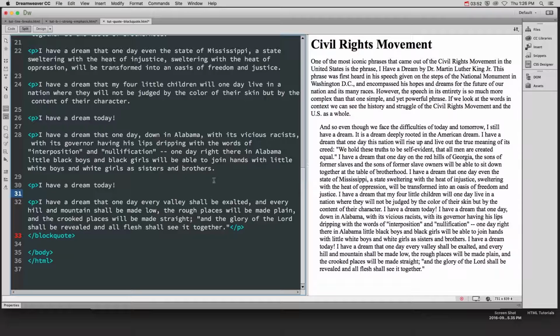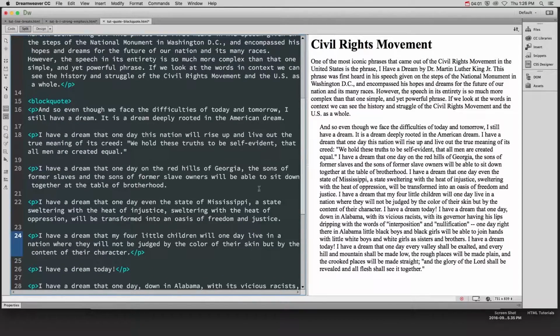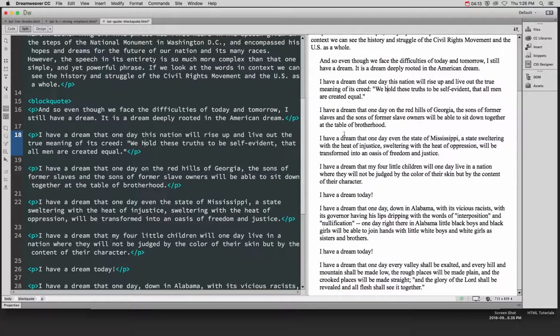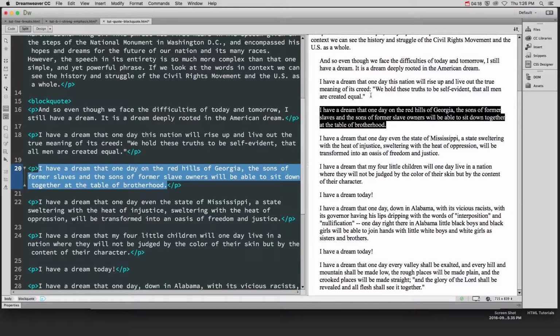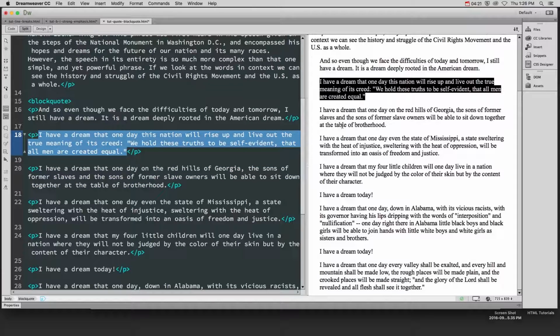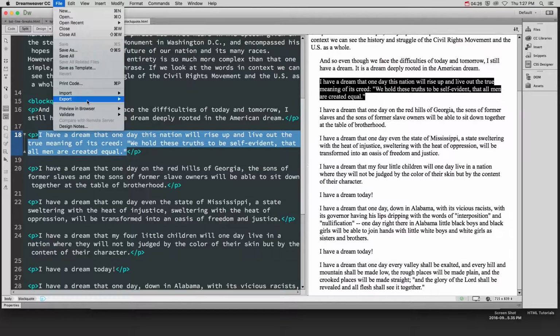So imagine song lyrics. If you were to put the lyrics for an entire song in a block quote, which would be proper, or a really long poem, which would be proper, then you would need to make sure that each stanza or each little chunk was surrounded by a paragraph tag, and then the entire thing would be in a block quote. So if I come over here, now we can see that this entire block quote has been indented, and each of the little chunks has its own separate space between them, so it's a lot easier to read. Again, if I save and preview in the browser,